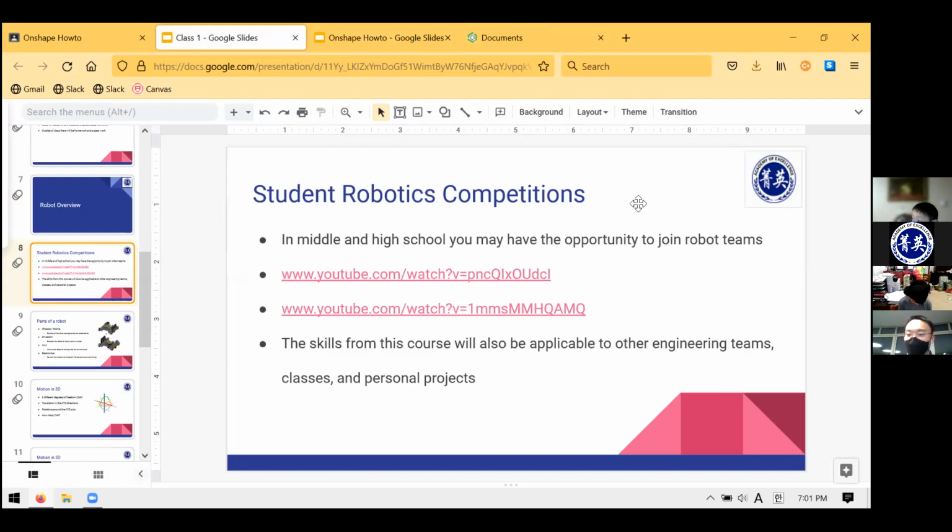I'm just continuing to explain the motivation for what you might do with CAD. So from what I've heard, at least one of the students in the class is on a robotics team. Maybe more of you are as well. Maybe some of you are interested in joining one. And so